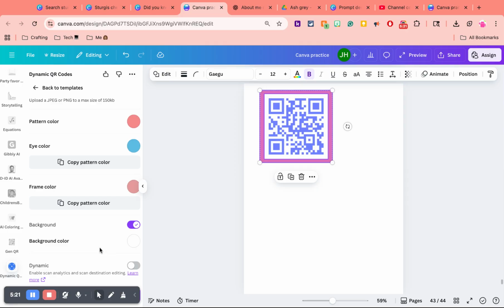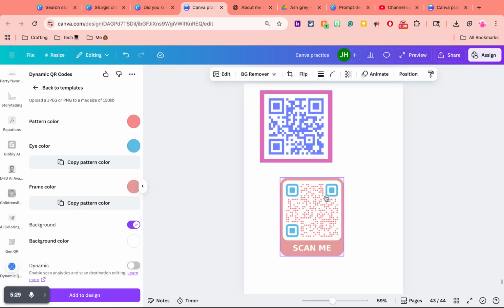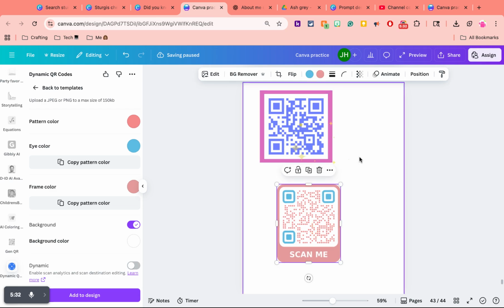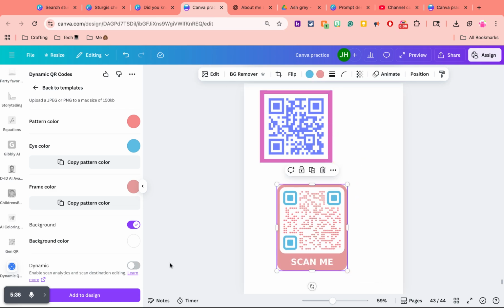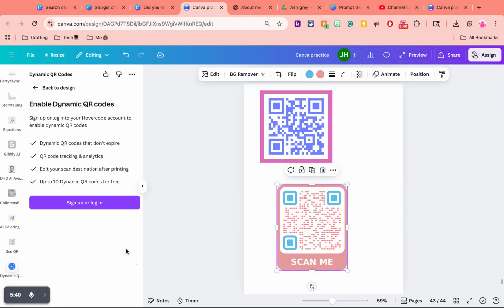So first, let me close this and let's add this to the design so we can see what it looks like. So here's the two different ones. This is the one where we had to put the square in the back, and this is the one where we did it all in one. So let's look at some of these dynamic features. You can turn this on,